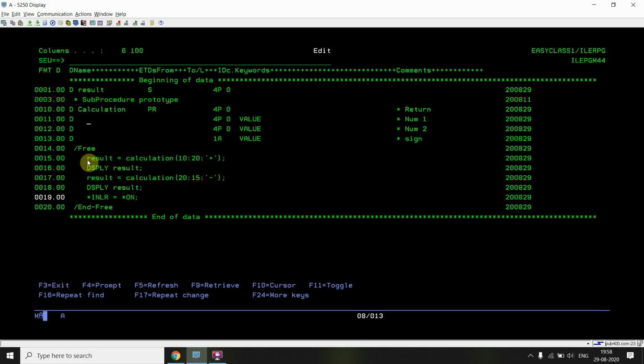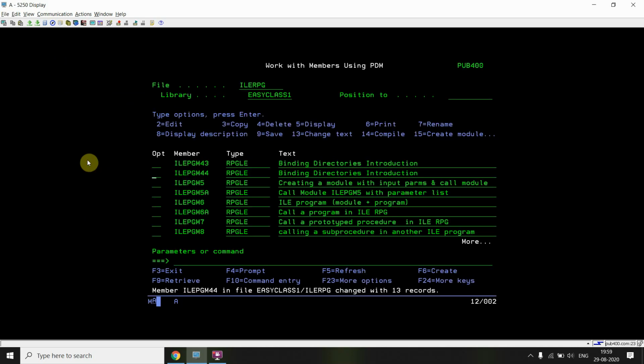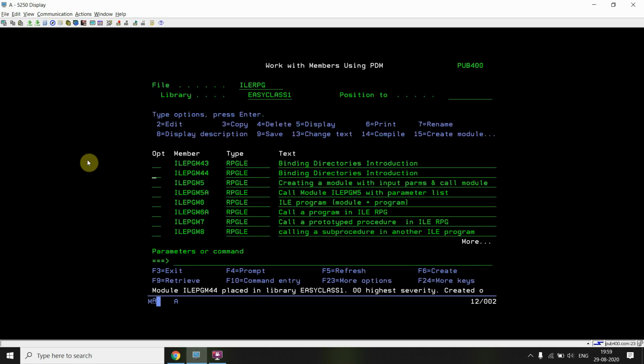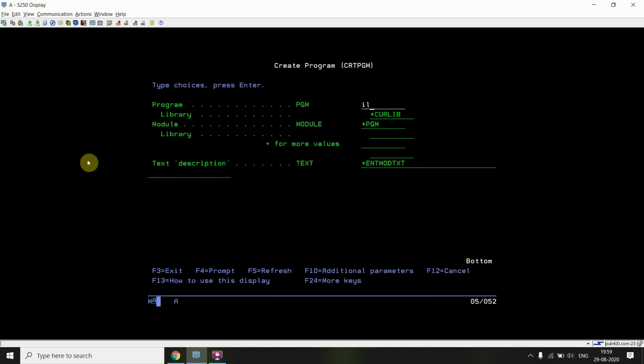So basically I am calling the calculation sub procedure, which is defined in the service program ILEPGM43. I'm going to create a module of this. There are two ways I can do this, and I'll show you both: binding the service program, or using the concept of the binding directory. So you'll get to know both. So creating this, and then creating the program ILEPGM44.